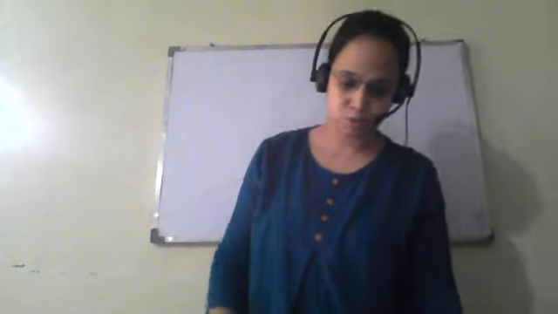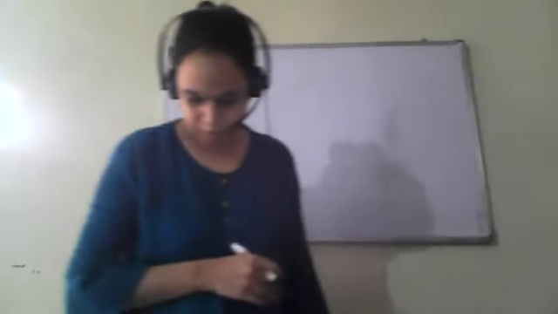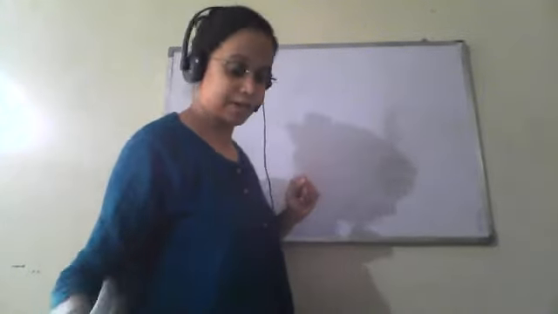Hello everyone. In the last video we discussed the questions of exercise 3.1. Now we will see how to calculate the sum of the measures of the exterior angles of a polygon. So far we have discussed the sum of the interior angles of a polygon, which depended on the number of sides. Now, the exterior angles of a polygon.